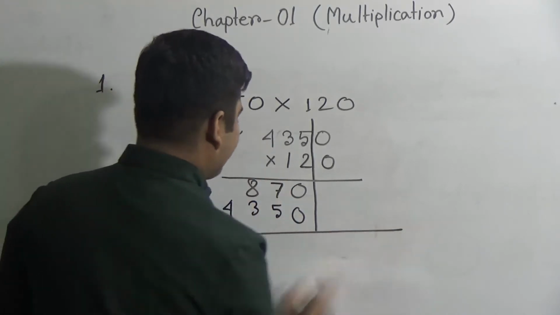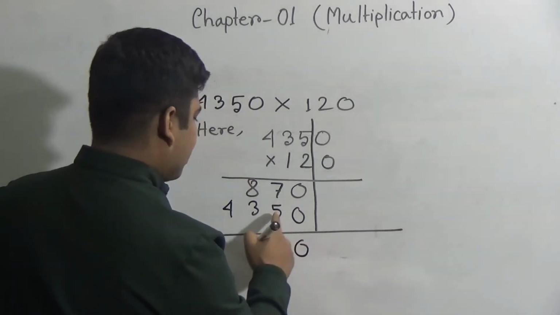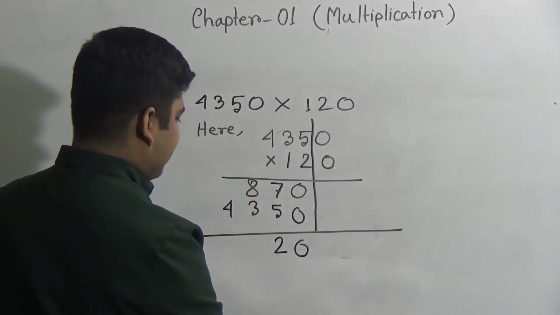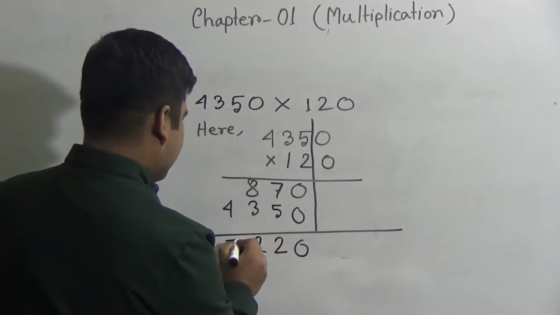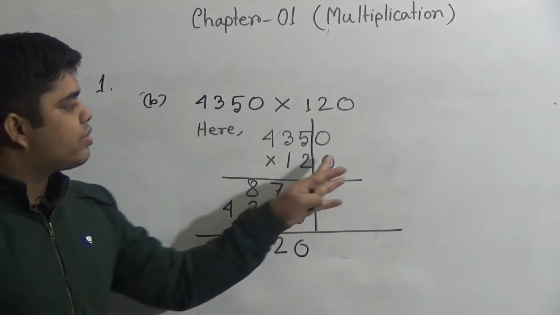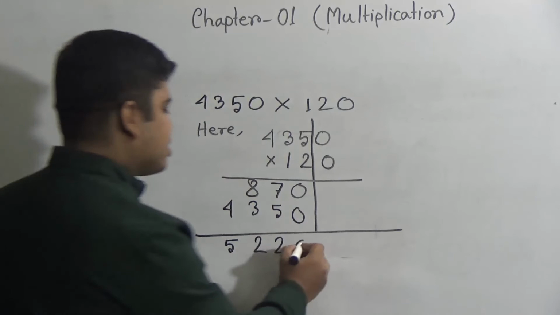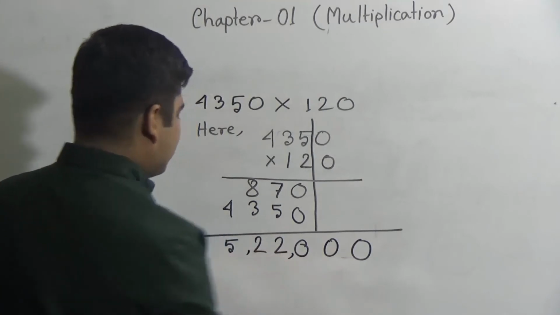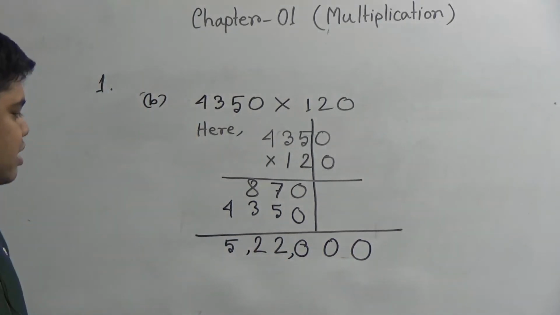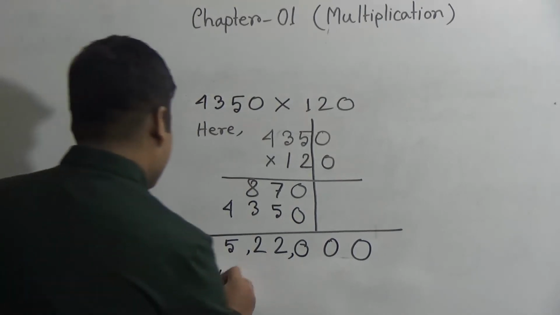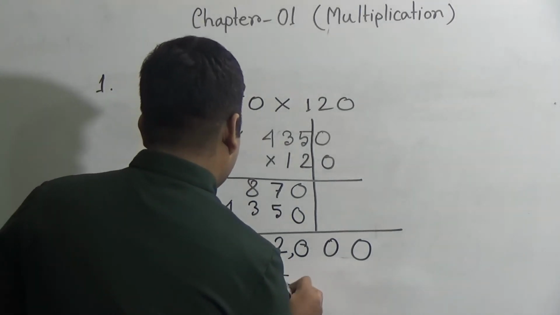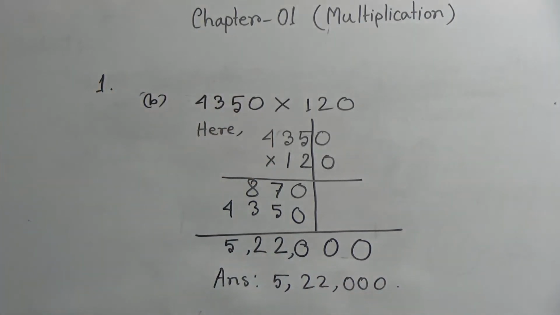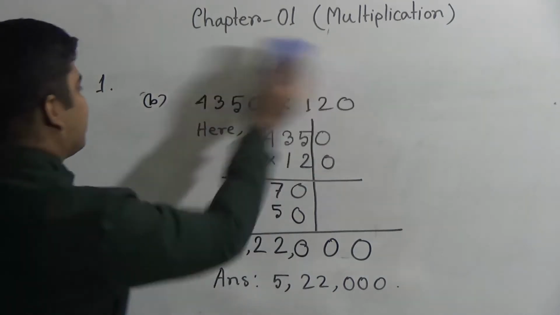Okay. So at first we add 0, 7 5, 12, carry 1, 8 3, 11 and 1 12 and 4 1 5. So how many zeros are left? 1 and 2. So these 2 zeros are written here. So this is the answer. So what is the answer? 5,22,000. So right here 5,22,000. I hope you have understood. Okay, next we shall solve question number C.